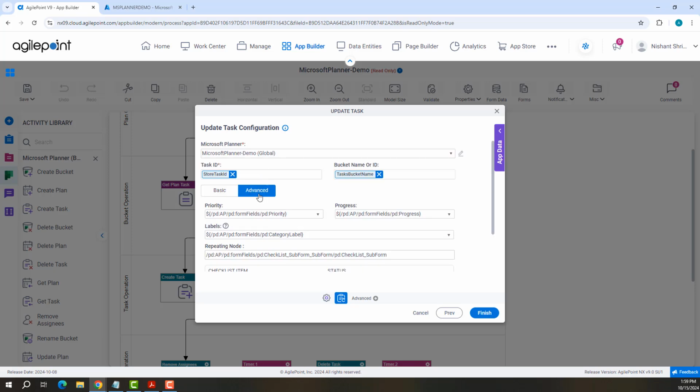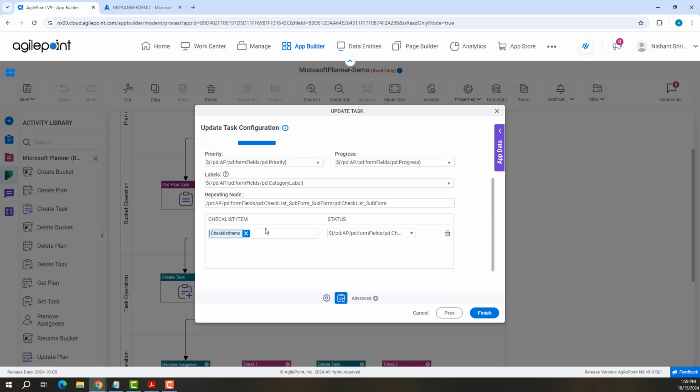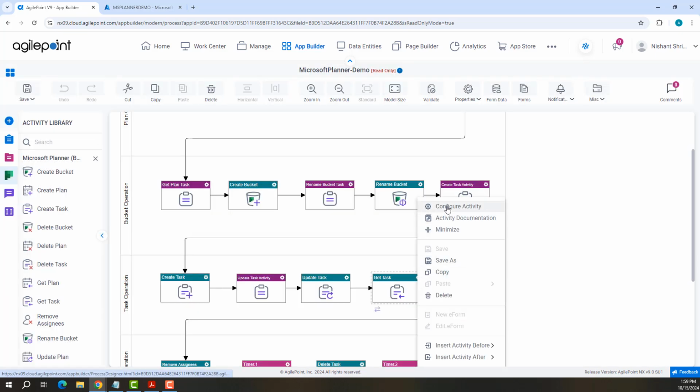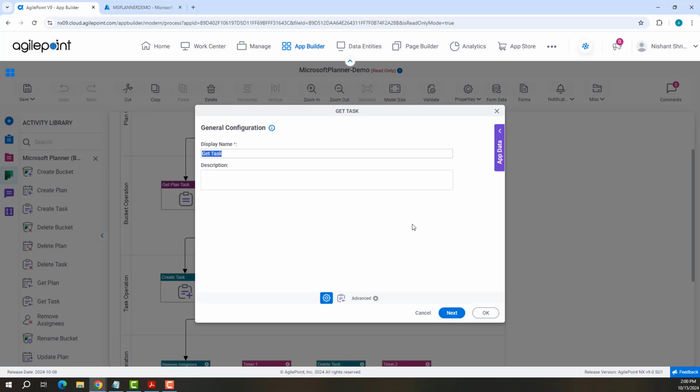Coming to advanced, we have priority, progress, label, repeating node, checklist item. This is about update task. Next activity is get task configure activity. General configuration will have display name and description. I say next. Get task configuration will have access token, task ID, and we will map the response to app